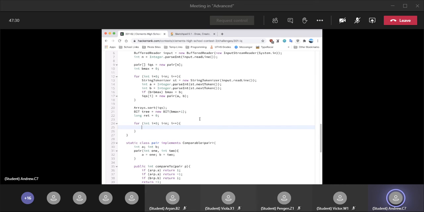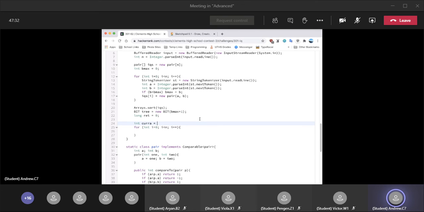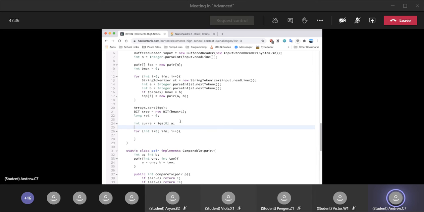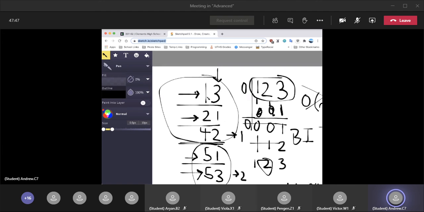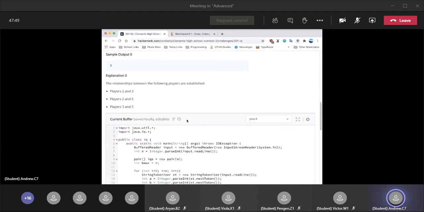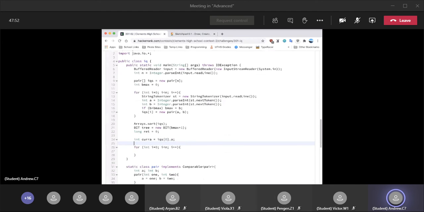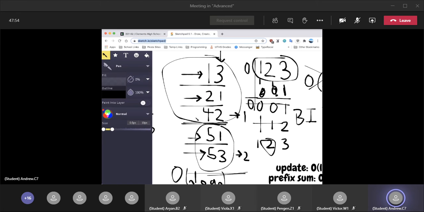So basically, I'm going to create first of all a variable cur a. What this does is show our current a value, as in the first test value we're currently on, like 1, 2, 4, 5, 5. And if the a value of the current pair we're looking at is greater than the a value of the previous pair, we know we can just update the BIT with all the previous values